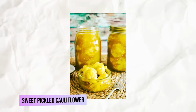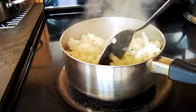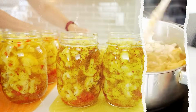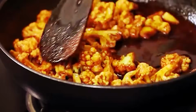Sweet pickled cauliflower was a tangy and crunchy addition to 1950s potluck spreads, bringing variety and flavor to the table. This dish involved pickling fresh cauliflower florets in a sweetened vinegar brine often infused with spices like mustard seed, cinnamon, and cloves. The result was a vibrant, flavorful vegetable side that combined the natural crunch of cauliflower with a pleasantly